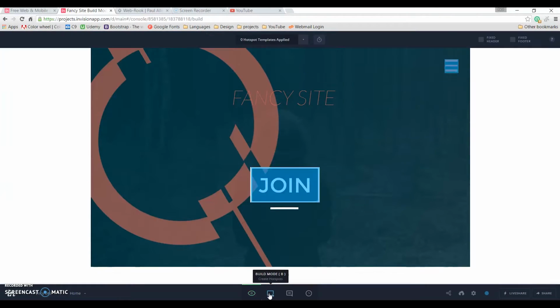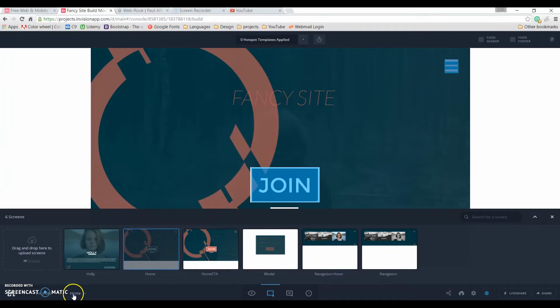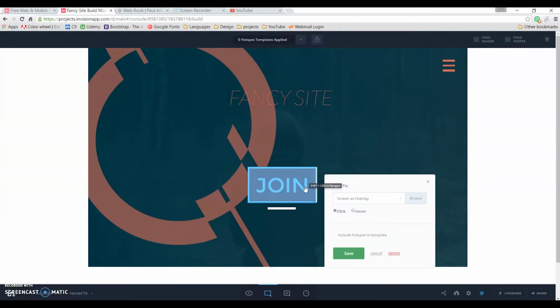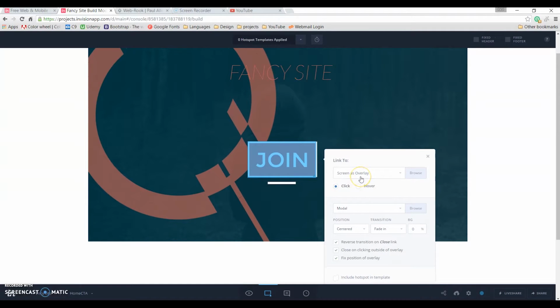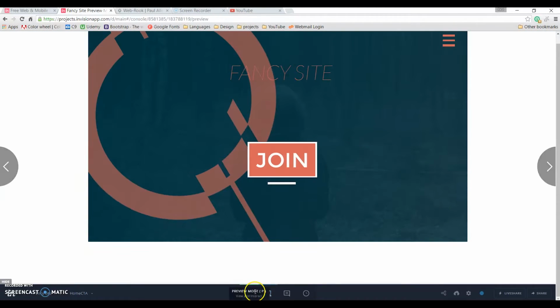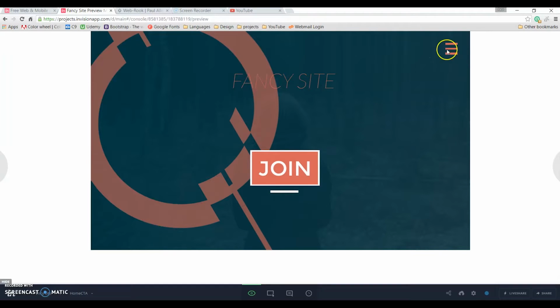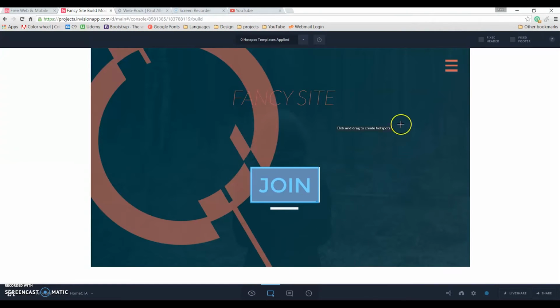Second part to that, once you're on that screen, so once I'm on the hover effect, you can add another hotspot to create a modal. So from here I've got screen as overlay, and then I've got my modal. So in preview, you can see an idea of what you can do with this. So back in build mode,